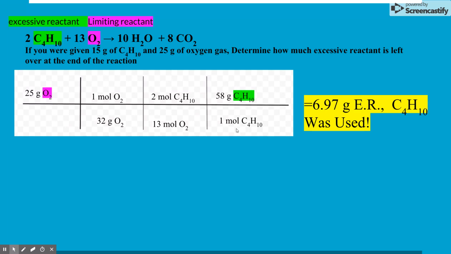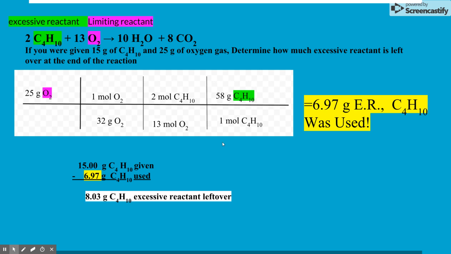To figure out how much was left over, we're going to want to do a subtraction problem. We're going to take the original 15 grams of C4H10 that was given in the problem and we're going to subtract from it